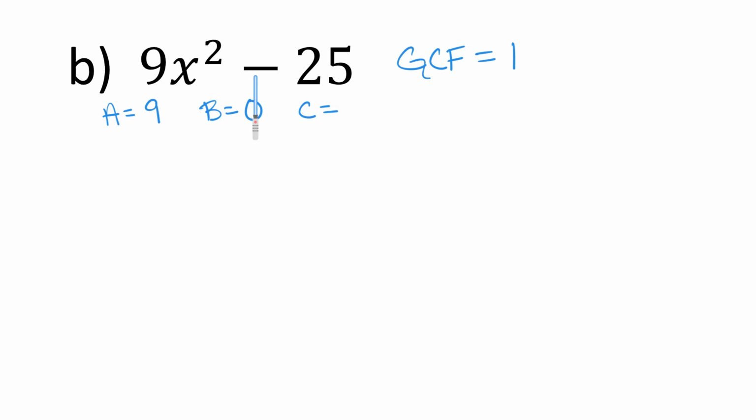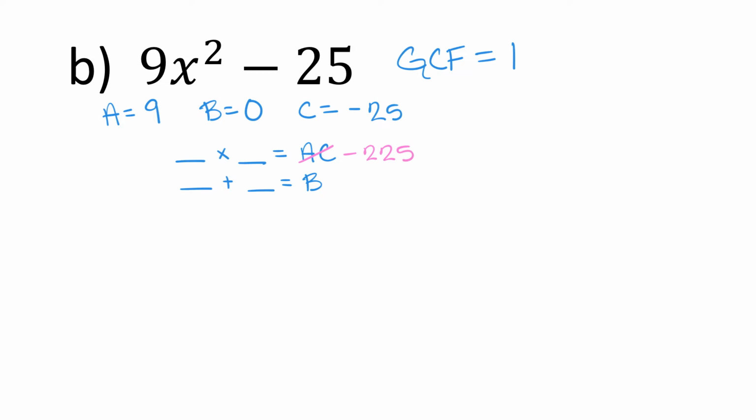There's no x term, so B is 0. C is negative 25. We want to find two numbers that multiply to A times C and also add to B. 9 times negative 25 is negative